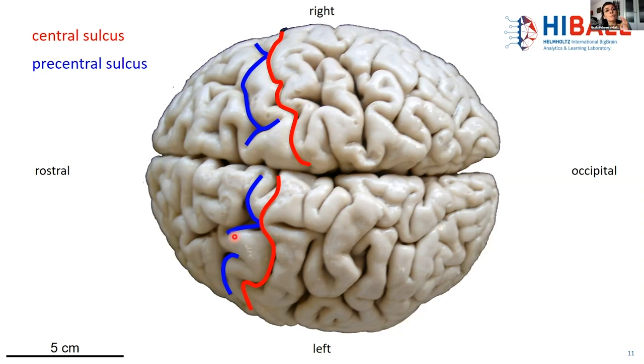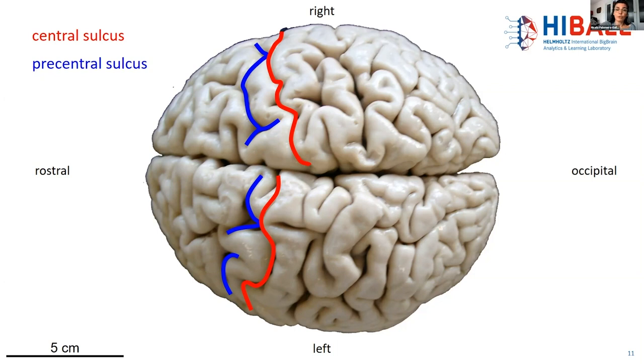And also when you look at the relative position of the precentral sulcus and the central sulcus, you'll see that the precentral sulcus merges with the central sulcus very close to the midline in the left hemisphere, but not in the right hemisphere. Okay, so these are things that tell us something about variability, and these are challenges that anatomists have to contend with when